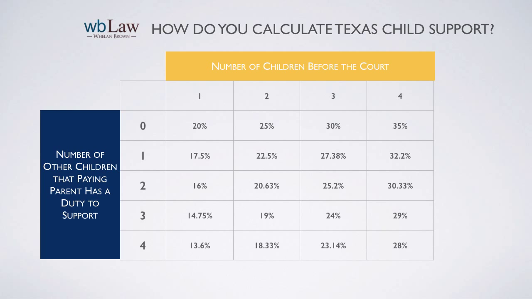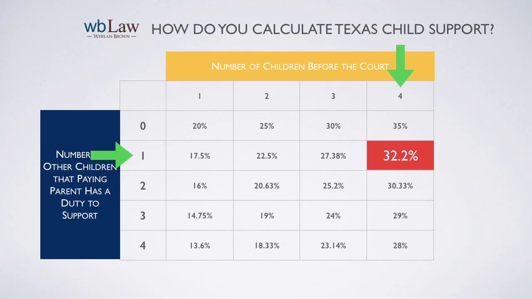The table is designed to help you figure out what percentage would apply in your particular case. Word of advice, don't memorize it. Just follow the table. So, for example, if I have 4 kids involved in this case in front of the court, then I'd normally have to pay 35% of my net monthly resources to support those 4 kids. Well, it's complicated because maybe I have another child in another household that I pay for. All I have to do is look across the table and find that rather than paying the 35%,